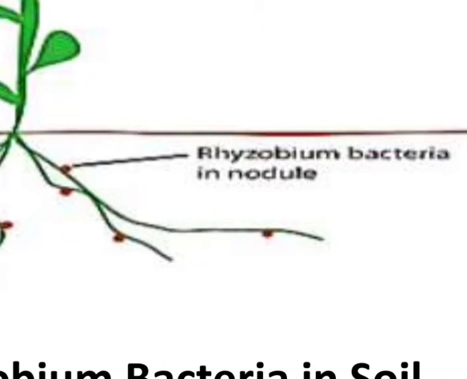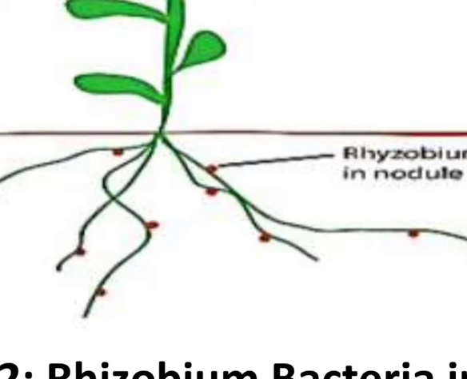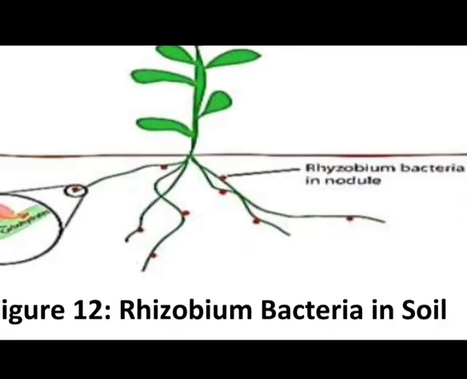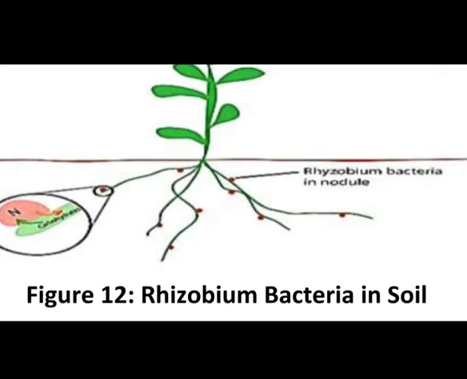Now two terms are there, one is nodule and other is leguminous. So what are nodules? Here on the screen you can see dot or bead like structure which are red in color. These are called nodules. So now nodule term is clear to you, and it is these nodules which contain Rhizobium bacteria. It means this bacteria, it lives in the nodules of leguminous plants.